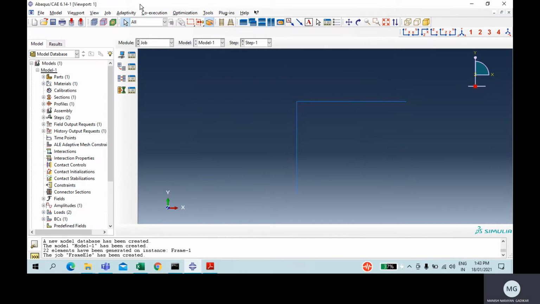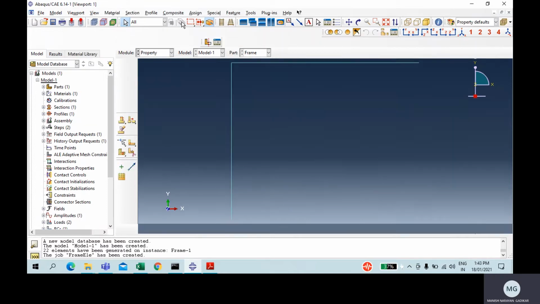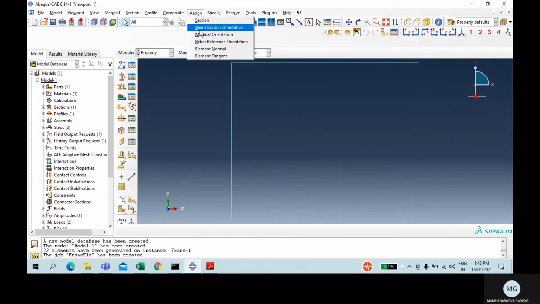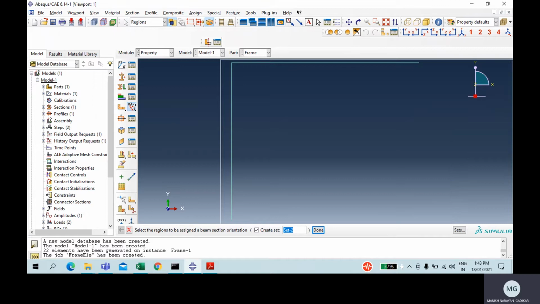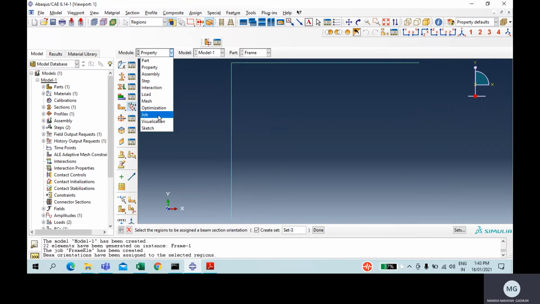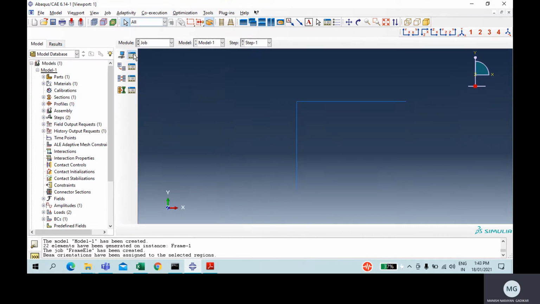We have to orientate it. Again, I forgot to orientate it. So I have to give orientation, beam section orientation. Done. Orientation is done. I will run that job.